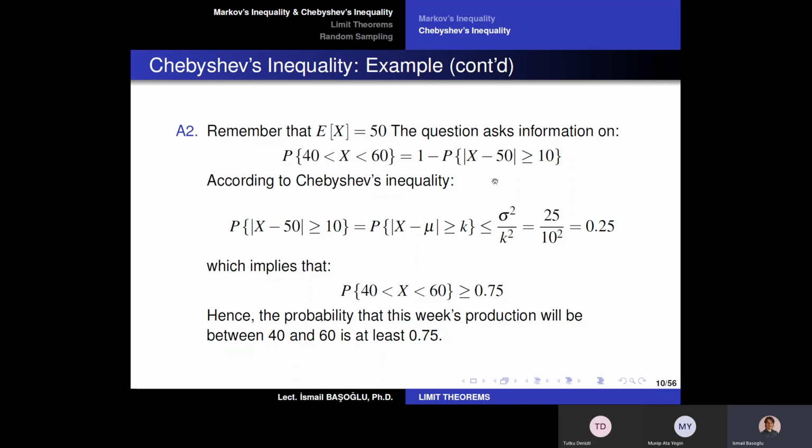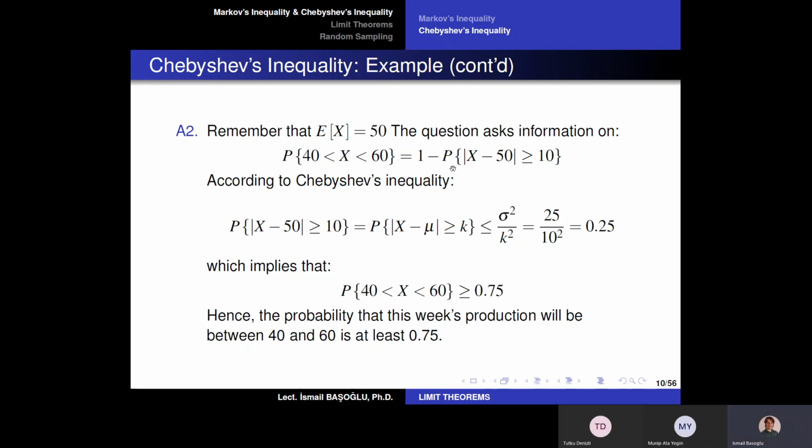The probability on the right-hand side is the complement of X being between 40 and 60, which is the absolute deviation from 50 being greater than or equal to 10. In other words, X is at least 10 units distant from 50. And 50 is the mean of this distribution, right? So we can say that this probability